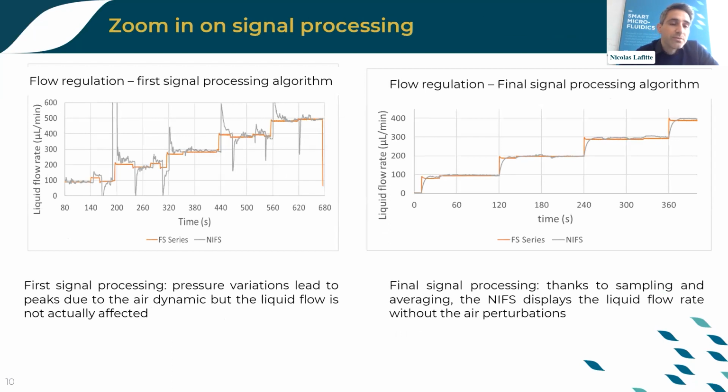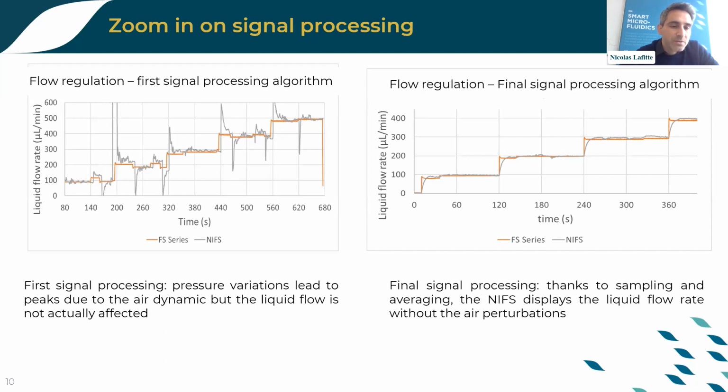And this, in a few words, we wanted to show what challenges we have faced and how we enhanced the flow rate we show to new customers. On the left side, you can see the dynamic. We compare in orange the value of the flow unit, the typical liquid flow sensor we sell at Fluigent, and we compare this value with the gray curve that is the NIFS